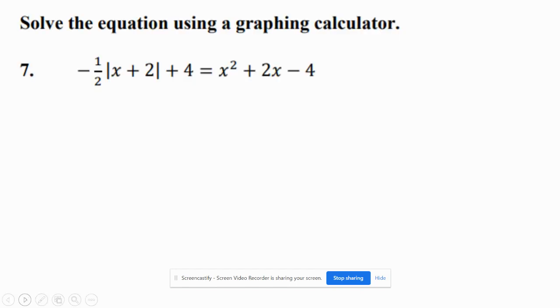Okay. Number 7 is definitely one that you want to use your graphing calculator for. The only reason for that is that in examples 5 and 6, we ended up with whole numbers as points of intersection. That won't always be the case, and you'll see with number 7 that it's possible to get some tough looking decimals. So again, going back to our TI Inspire,